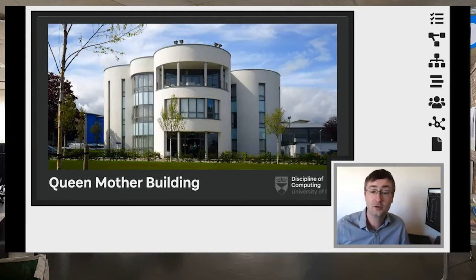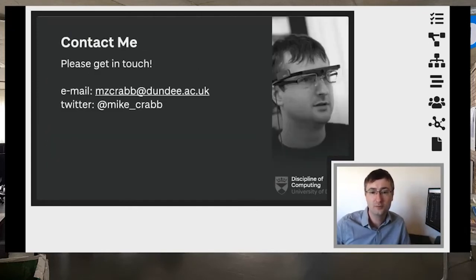Everyone inside of computing loves this building. All of our student labs are on the ground floor. There's lots of space for you to work independently or also to work as part of teams. And all of our research groups are based on floors 1 and 2. And it's our research that really sets us apart. And because you are so close to the research that's going on, you actually get to play an active part in it. So this is where we are. But back to why I work in Dundee. Well, one of the main reasons is that we get to do cool things that matter.